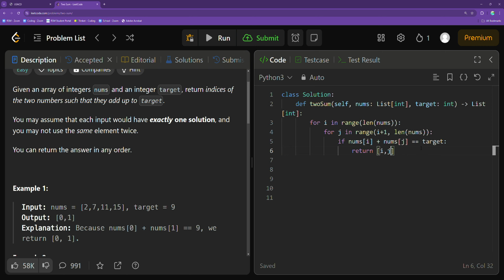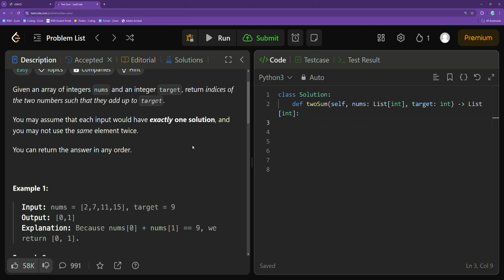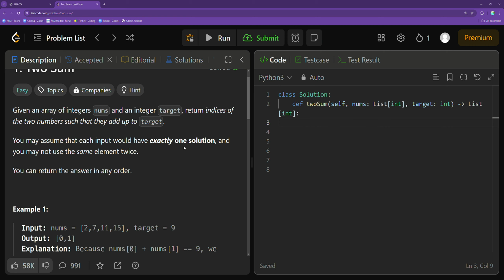But this is, of course, very slow, and this is going to require us processing through the input twice, or basically O of n squared. We can do a lot better, and like I was saying before, we can store every single element contained within the input array with its corresponding index, and then we'll loop through the array just once